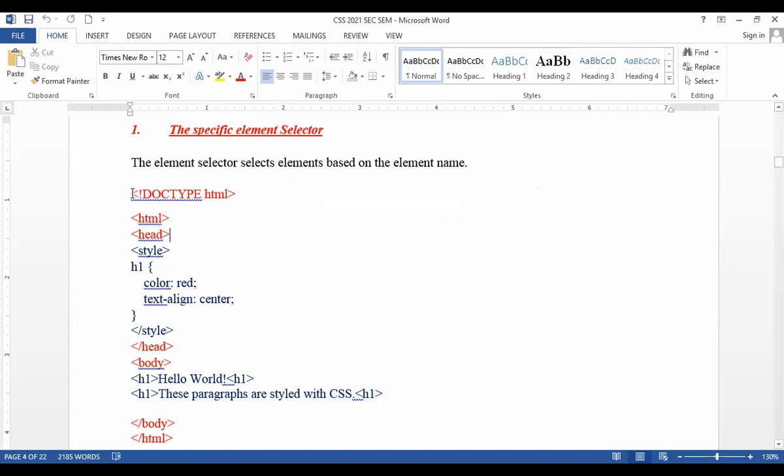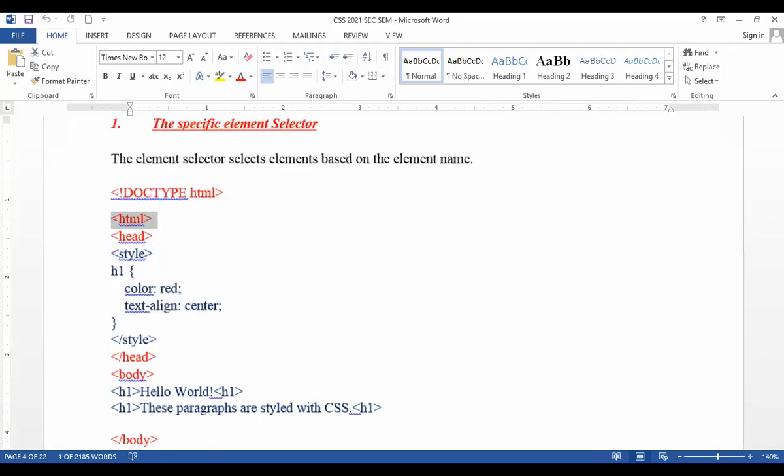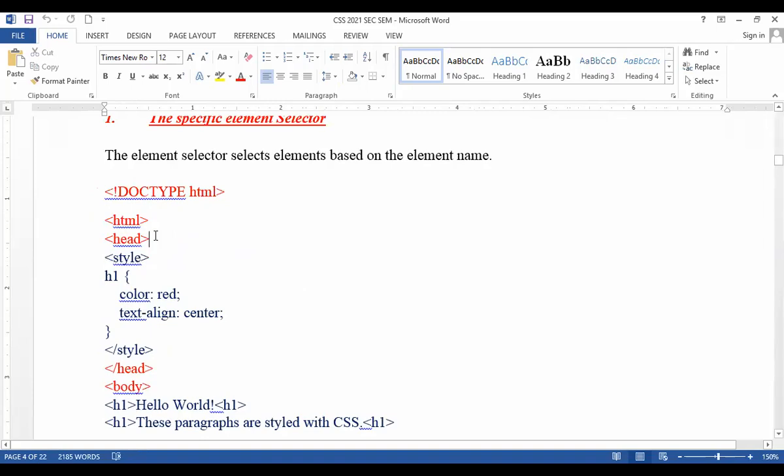See, initially you do not forget to write the doctype HTML. It is a header. So we are writing CSS with HTML5 here. There is no need to include the XHTML tag when you are writing the CSS. You have to include this header, that is the doctype HTML. Clear? Then start with your HTML. Then, starting with the HTML, what you have to do is go for the head tag. Then I will take a style tag. So this is which form? Specific element form. Already I have written that.